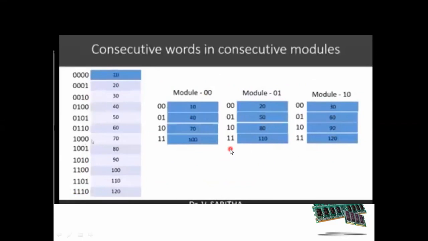Now in this class, we will start the next topic, that is virtual memory. Generally, we know what memory is. What is the need for memory? To store the instructions, the data, and the information, whatever we require, all of that will be stored in memory locations. That is memory. What is meant by virtual? The general meaning of virtual is which does not exist, that which does not exist really is called virtual.